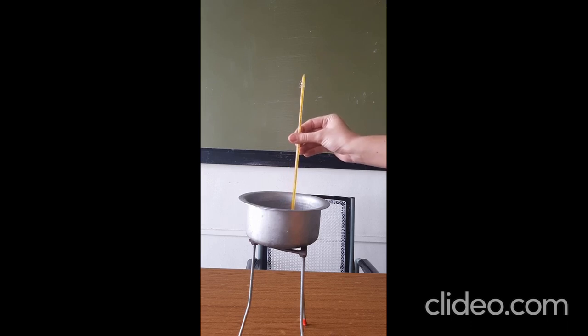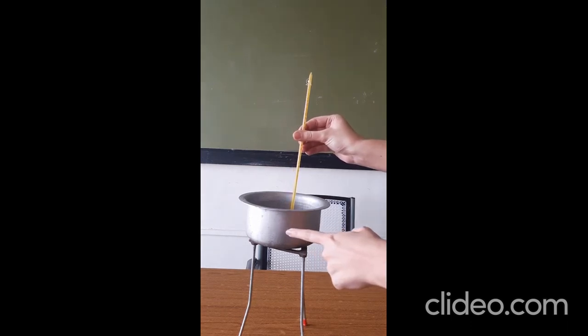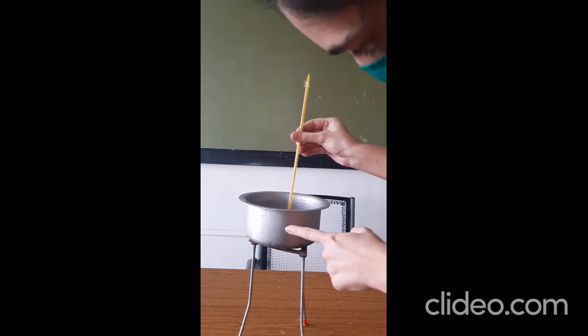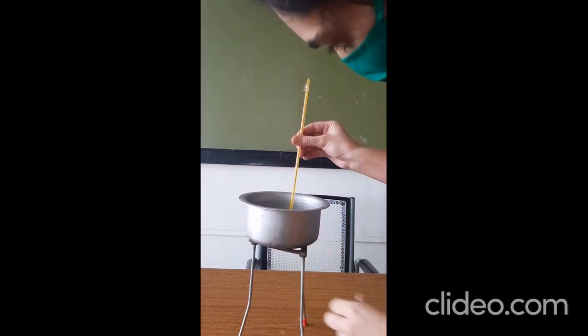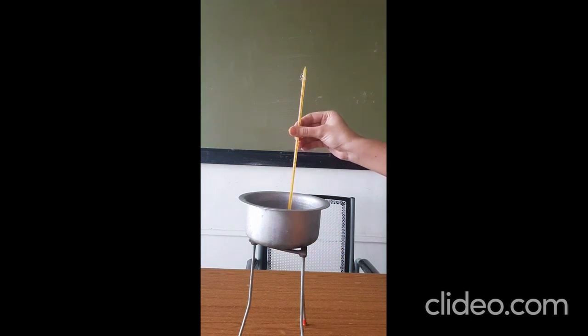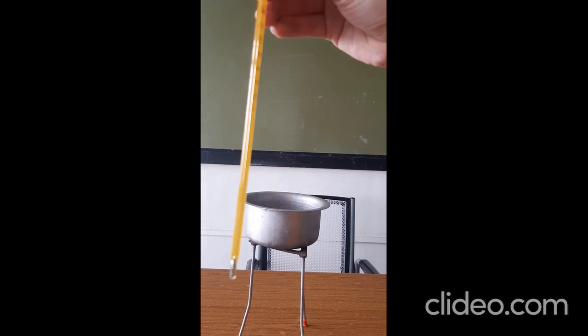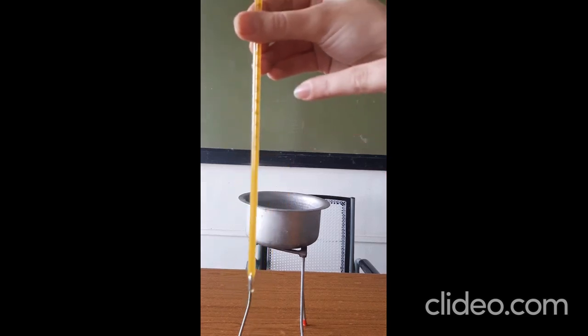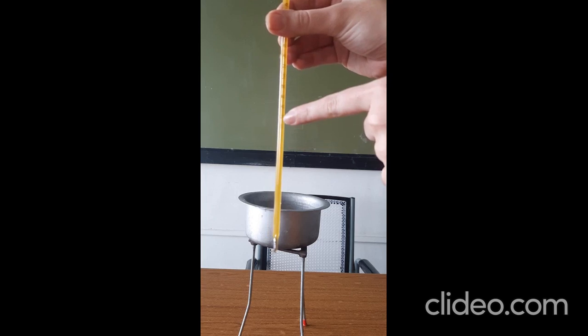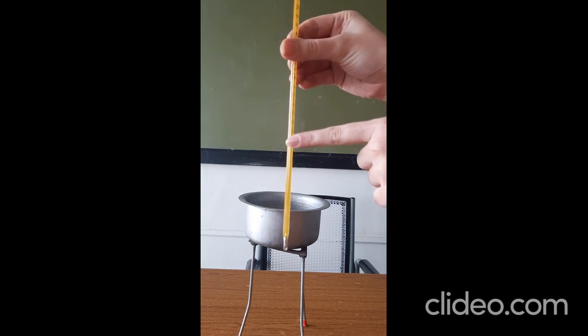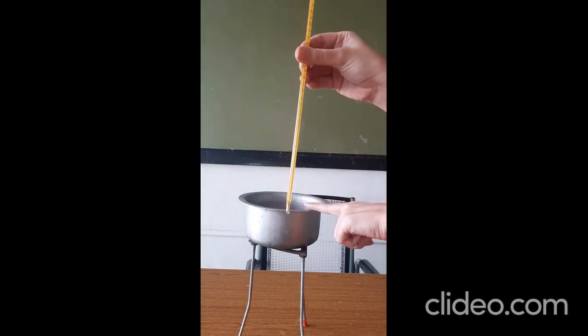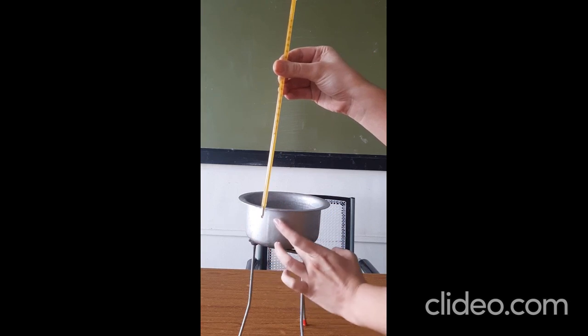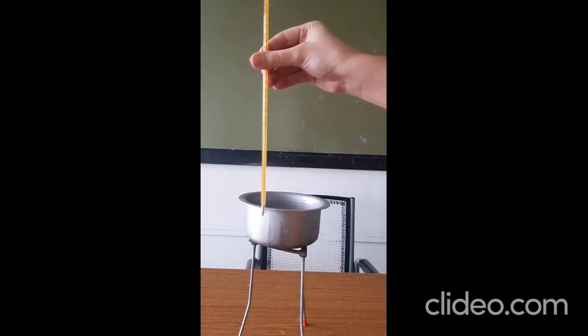Now if you can see here, water film has started to occur here. This is the temperature at which the formation of the film has occurred, and you can note down the temperature at this point. As you can see here, the thermometer is showing a reading of 18 degrees Celsius. So we can say that at 18 degrees there has started formation of the film on this water bath.